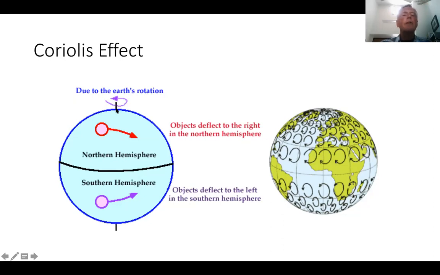So right at the top of the Earth, it's not moving at all. Right at the equator, it's moving at its maximum velocity. And all of the materials, the atmosphere and the ocean, the things that can move around in the world, have inertia, all right? They have friction and they have inertia. And so imagine that you had a globe and you were spinning that globe. You take a marble and you roll it from the North Pole down the face of the globe. Is it going to go straight at a constant